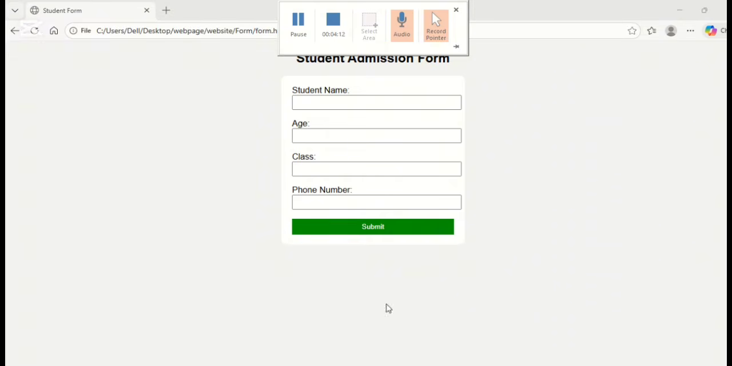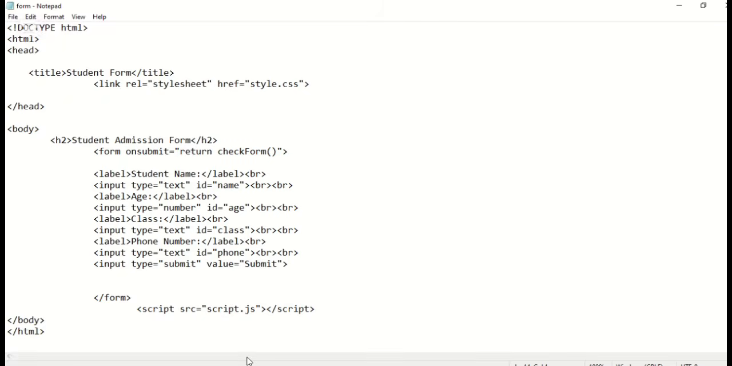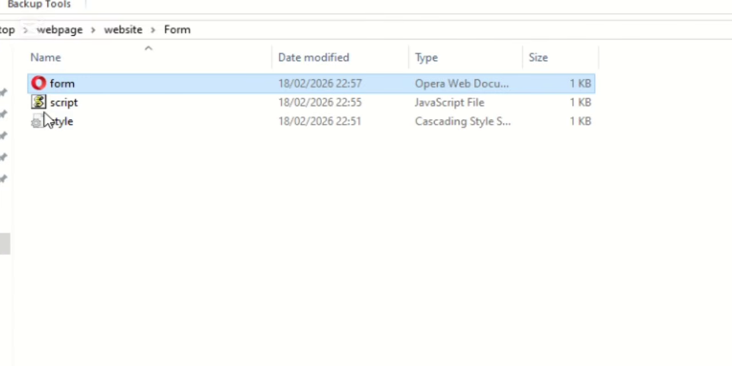This is how we create a complete student admission form step by step. We use HTML to build the structure, CSS to improve the appearance, and JavaScript to check and submit the form properly. Keep practicing this step and you will become